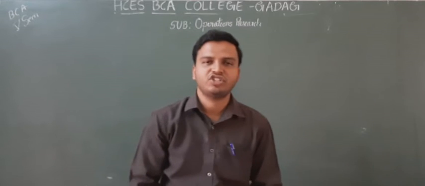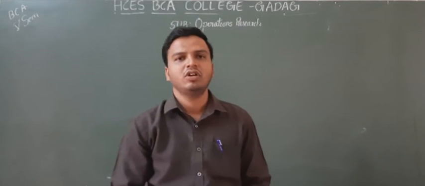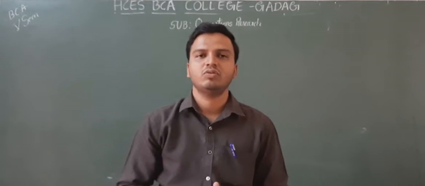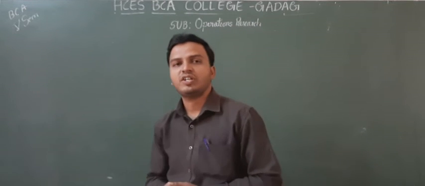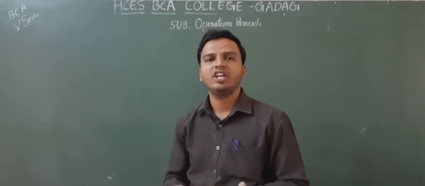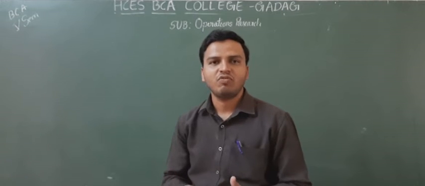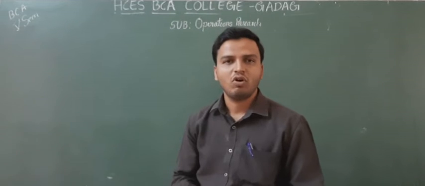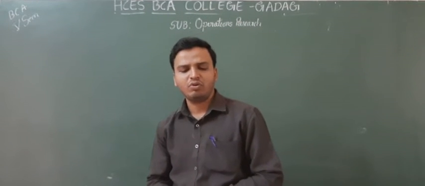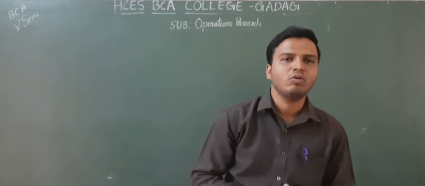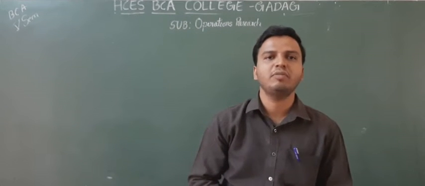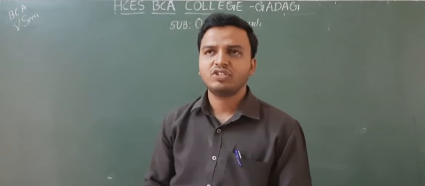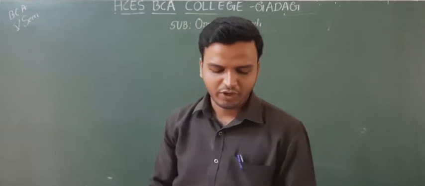In the previous session, we discussed the phases of operation research. Okay, so a total of 6 steps are there. We already studied the phases of operation research, which is nothing but the procedure of operation research. Today we are going to study the uses and limitations of operation research. First, we go for the uses of operation research.